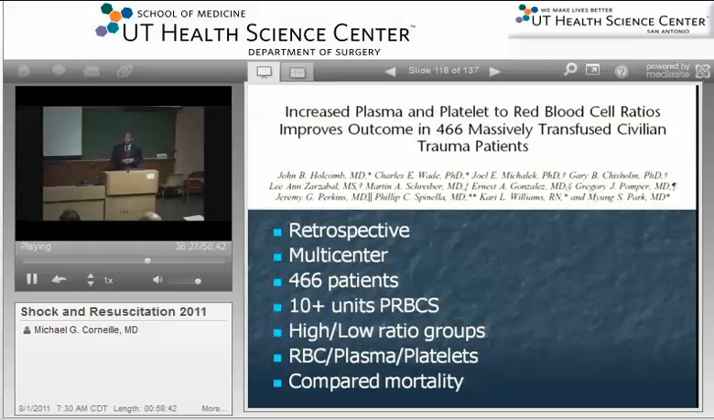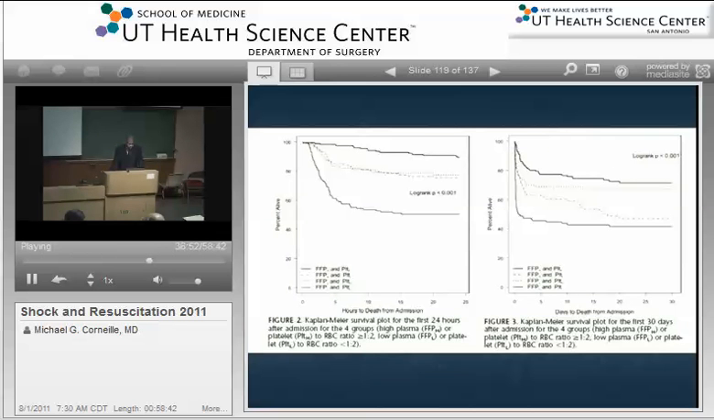So compared to red cells, patients that were less than 1 to 2 red cells to plasma, red cells to platelets, were considered low, and the reverse, greater than 1 to 2, were in the high ratio group, and compared the mortality. So this may be too small to read, but essentially those patients that had a large number of